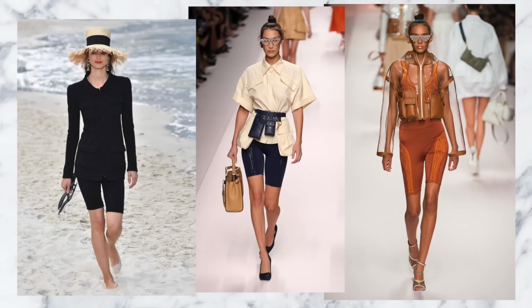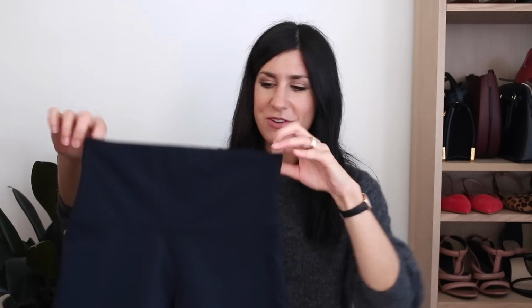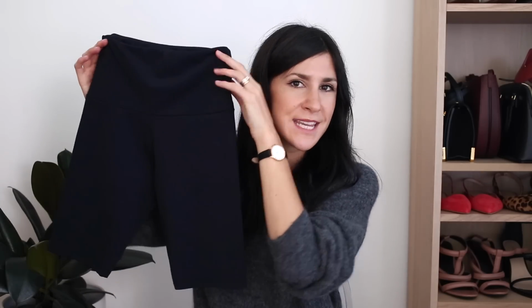And this has been such a big one, kind of like that whole sports luxe vibe. So we've seen it a lot at Chanel, Prada, Fendi. It's kind of been really big on the catwalks, and it seems to be one that is not going away anytime soon. I actually have a pair of, these are just my workout shorts. I probably wouldn't go out and buy fashion shorts for this very purpose. That's why I said you might have them in your closet, but this one here is from Onzie, and